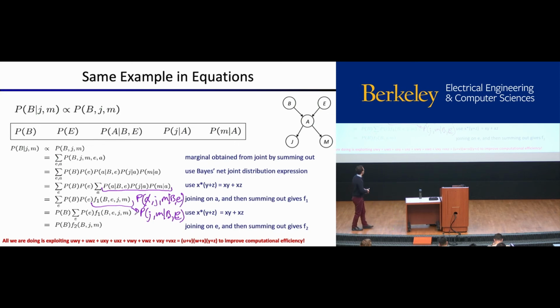Why do we go from F1 to F2? So we're going from this summation over E of P of E times F1. That whole summation is going to F2. So it's not that we're going from necessarily this factor. This is just a name for some table that we found in the process, and then this is a name for another table once we've multiplied those two things together and summed over E. So we've just named it a different thing because it's a different table. Okay, good question. Other questions? Okay, nice.